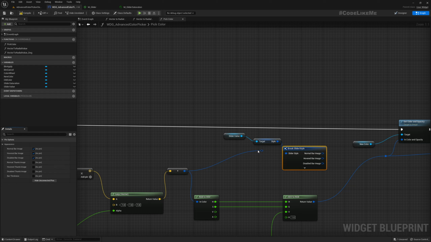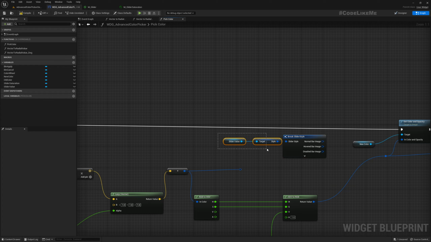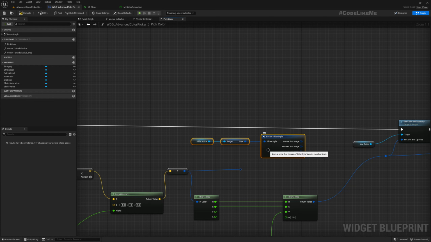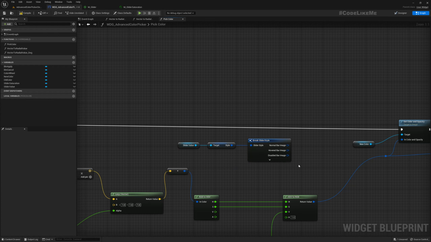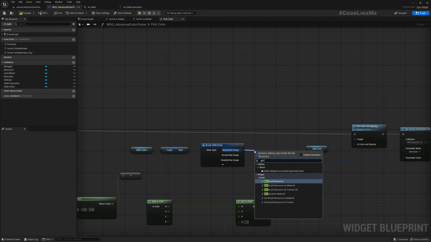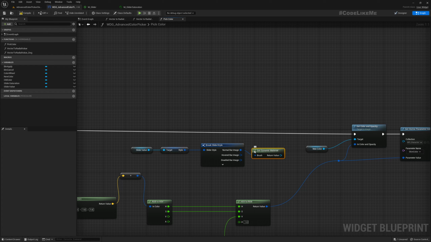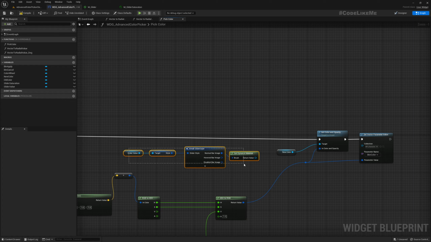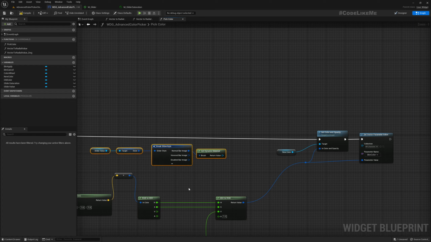Disable also, maybe not, but I'll access it anyway. And then we can set vector. Oh, we need to get the material. Get dynamic material. We need to update with this, with the hue value. So get the dynamic material and